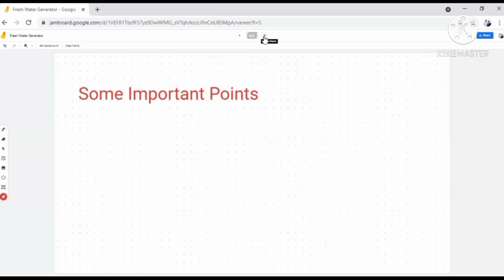Another thing we must keep in mind is that the freshwater generator should only be started when the ship is at open sea and sailing at its full load. I mean, sailing at its full RPM, because for the freshwater generator to function properly, the heating must be very uniform. So the jacket cooling temperature must also be very uniform. If the engine load is fluctuating, the jacket cooling water temperature would also fluctuate, and that may affect the performance of the freshwater generator.